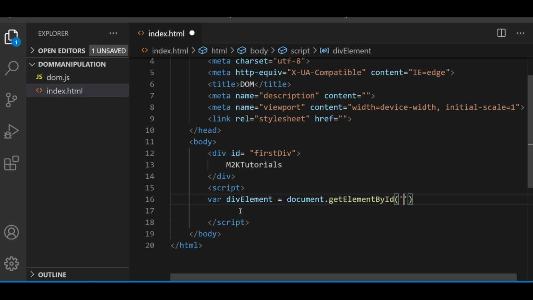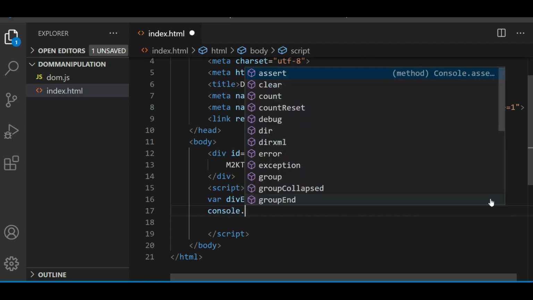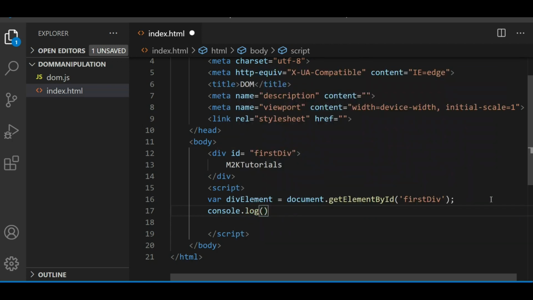I have this ID already on my div, so I want to get this div reference using this ID. I can just copy this and paste it in the getElementById method, and if you console it, you will be able to see your div element.